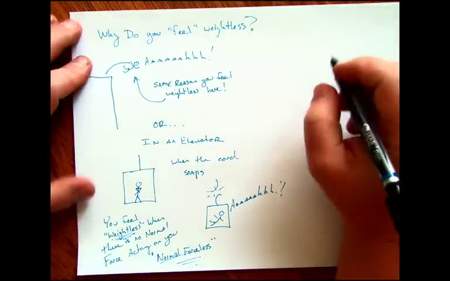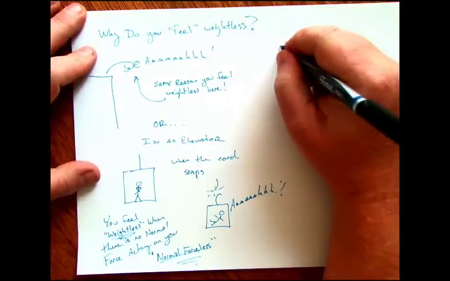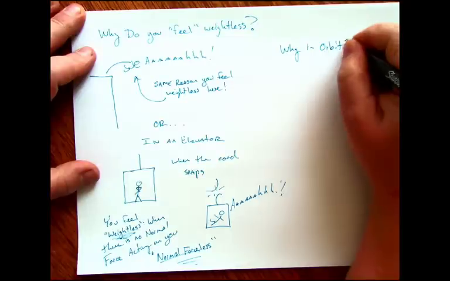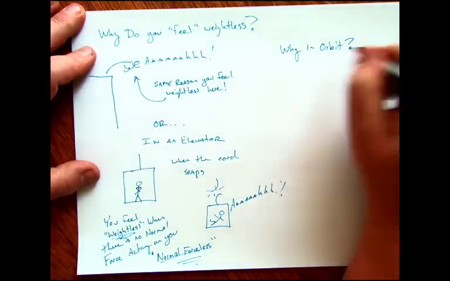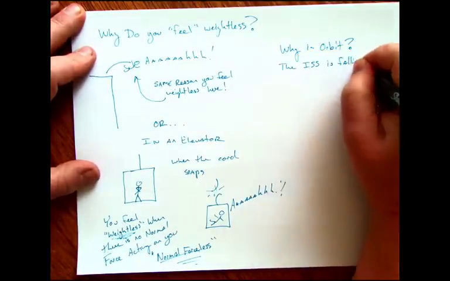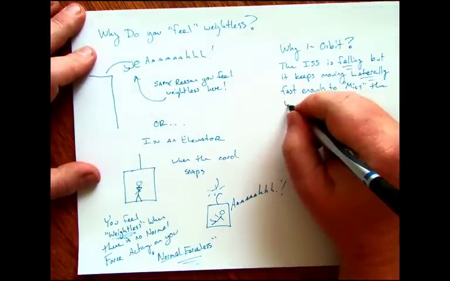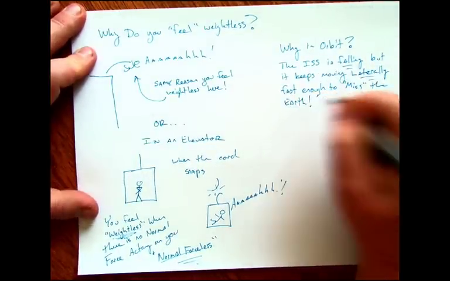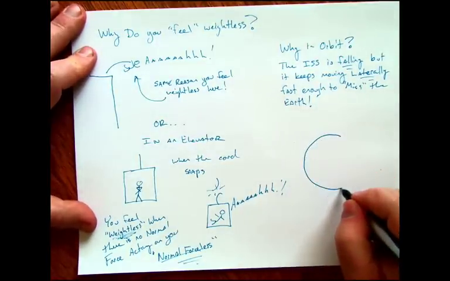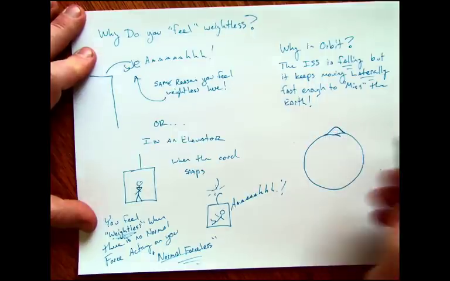So, why in orbit? So if you think about the International Space Station, why does it stay up there? So how does it fall towards the Earth and be weightless, but it doesn't actually ever hit the ground? Well, if you think about it, the ISS is falling, but it always misses the Earth. So the example that we often use for this is Newton came up with a mental model to describe this, and he said, so theoretically, remember we didn't have any International Space Stations back then, Newton said if you have the Earth